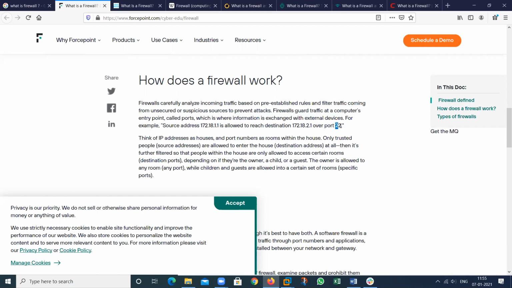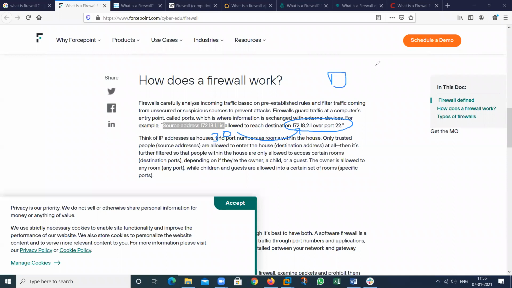So I want to allow this particular port for the SSH service. This is my source. If any traffic comes through this particular source, then allow it to reach that particular destination. It means this person will come, that is 1.1. The destination is 2.1. If any traffic comes through this particular network, then that traffic will be allowed. If there is any other traffic, suppose from the 3.0 network, that is not allowed by this particular SSH server.